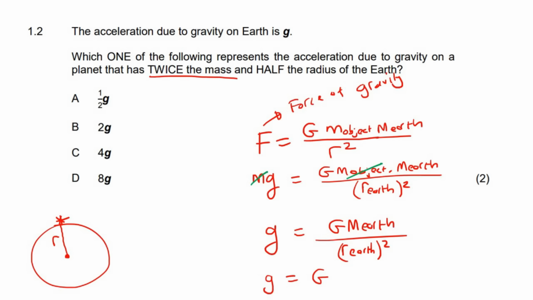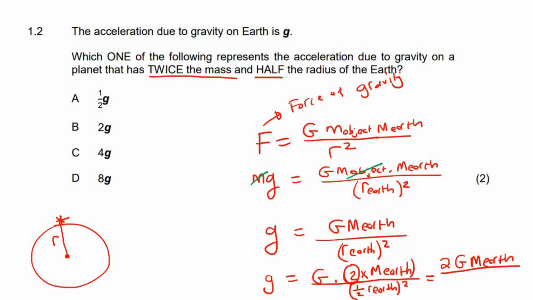So this g stays the same. Now instead of saying mass of Earth, we're going to say 2 times mass of Earth. Okay, because it's double the mass of Earth. And then for the radius, it's half. So we're going to say half radius of Earth, and that's squared. Now, what we're going to do is we're going to take this 2 to the front, so we're going to end up with 2g m Earth